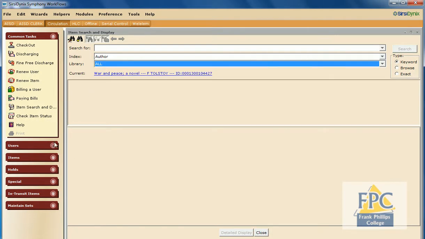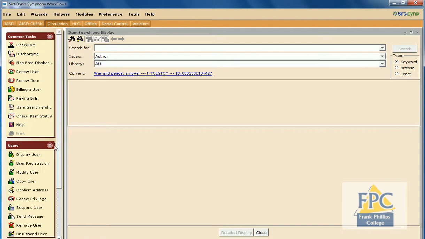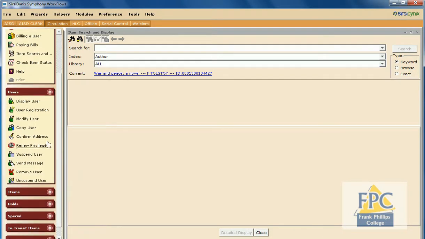Okay. The last thing that I want to show you, the other thing that you might have to do, is to register a user. Somebody may not have a library card, and they want to check something out. So there are a couple things that they have to do first. One of the things is you can give them a paper copy